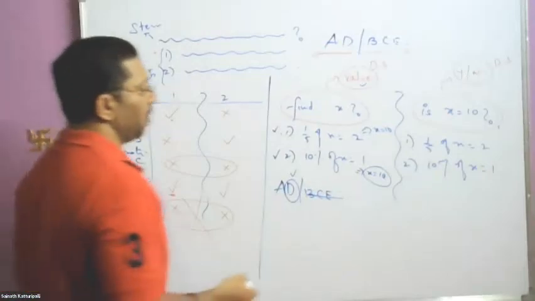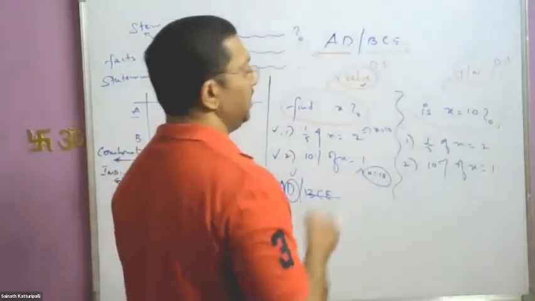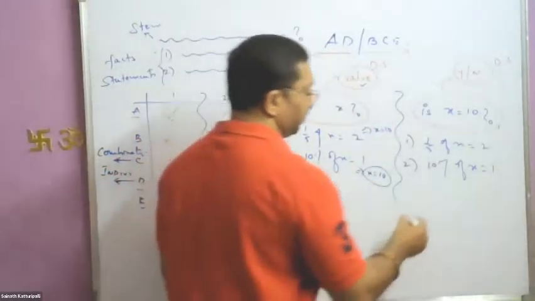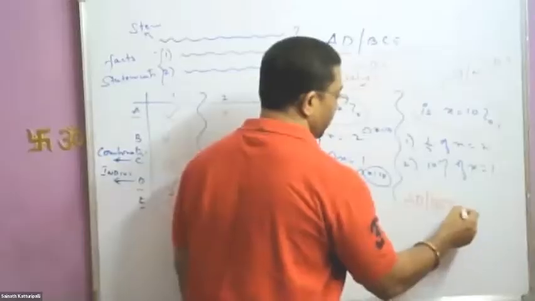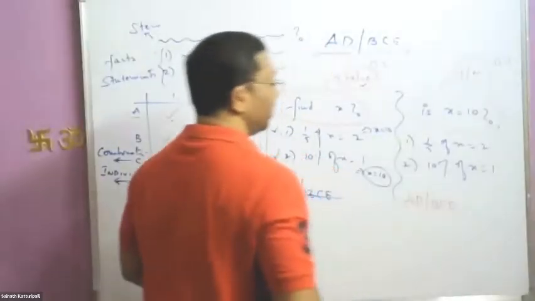Now let's see how to go about working this. So it's a yes to the DS question. What will you do as the first step? X is 10, so yes. First step: never forget to write AD/BC. Then we take the first statement and find that the value of x is 10. So that's it, so yes.